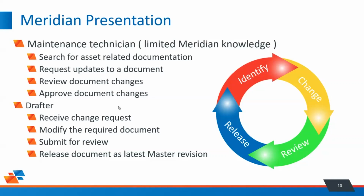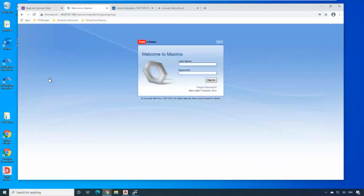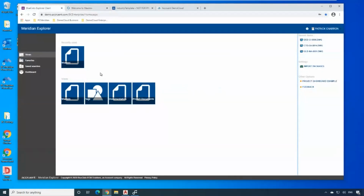The second role I'll be playing also will be the drafter, the person that goes and reviews those requests for change, will modify the actual document, and will basically release the document when the technician has actually approved my change. So that all been said, let me just fire up the application,